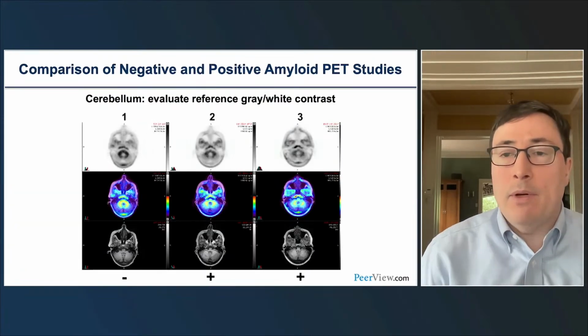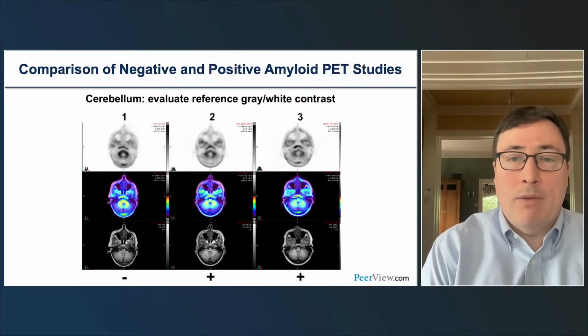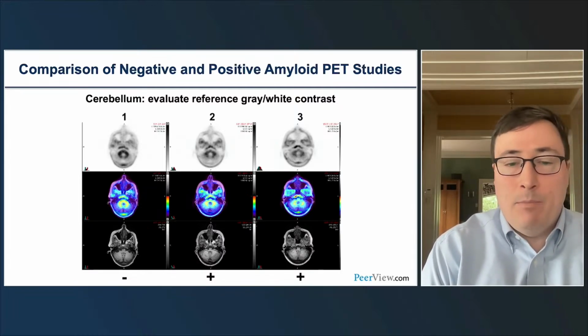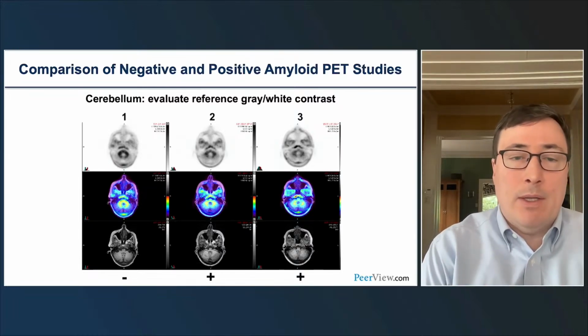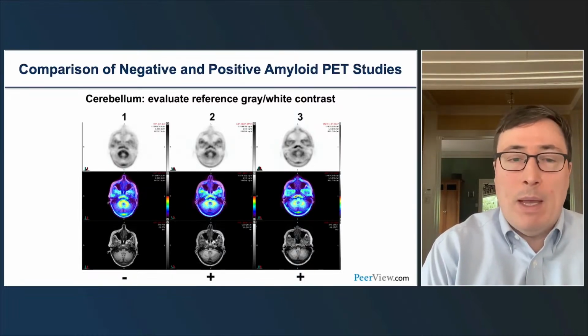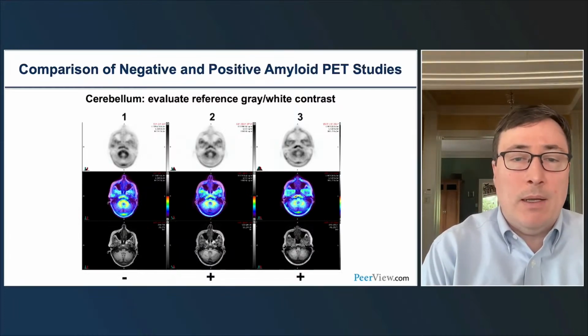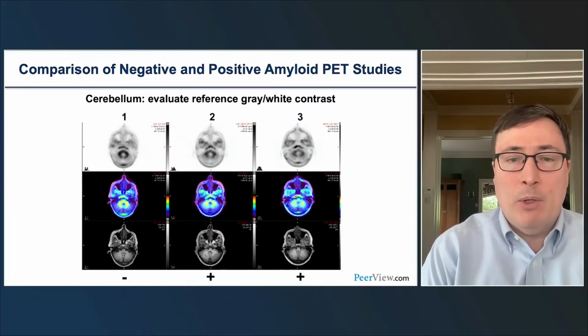Here are three different individuals with negative and positive amyloid PET scans. Patient 1 is a negative case. Patients 2 and 3 will be positive. When I read these, I start looking at the cerebellum to evaluate gray-white contrast. And in the patients we'll see in clinic for amyloid PET, there really should not be deposition of amyloid in the cerebellum. The one exception